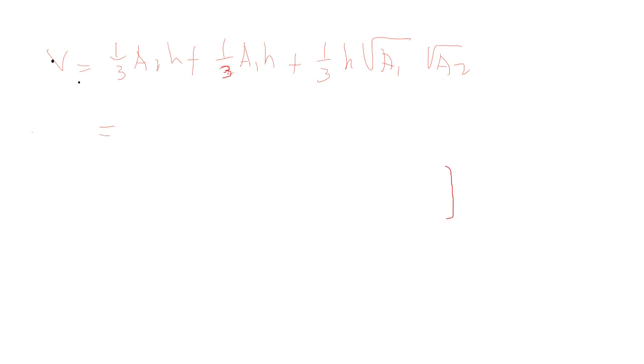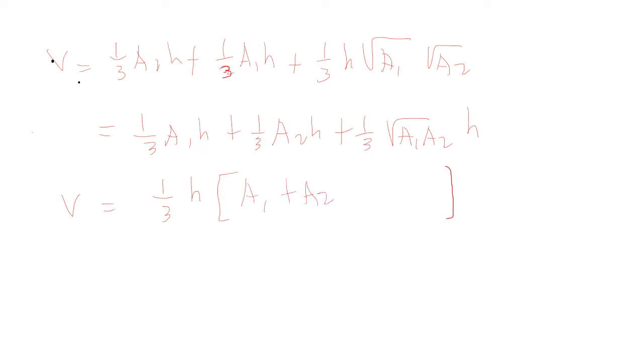or simply equivalent to 1/3 A1 H plus 1/3 A2 H plus 1/3 square root of A1 A2 times H, or simply the volume equals 1/3 H times (A1 plus A2 plus square root of A1 A2). So this is the formula for finding the volume